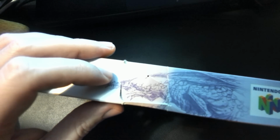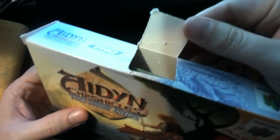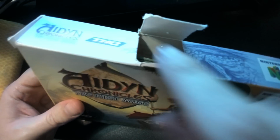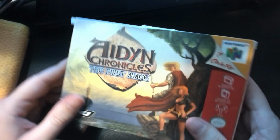It almost looks like some kid, because there's a pinhole here, so it looks like they maybe hung this from a ceiling. Like, look at this, right? It's got a pinhole. Like, what is going on here? So I think they actually, oh, that's what they did. They cut this, and then this is a pinhole. So they, like, tacked it to a wall. I have no idea. There's a hole in the back here, too. Anyway, Aidyn Chronicles,